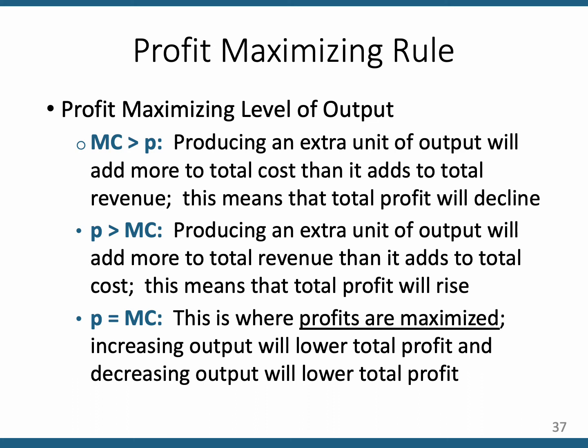After this chapter, what we're going to say is the profit maximization rule is where marginal revenue equals marginal cost. That's where profits are maximized. In this case, marginal revenue and price are the same thing, so we can say profits are maximized where price equals marginal cost. This makes it real easy for us to identify the profit maximizing level of output on a graph if we're graphing the average cost curves and the marginal cost curve, and I'll show you how that works.